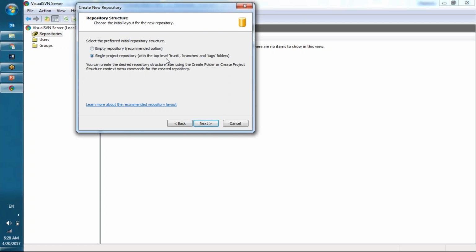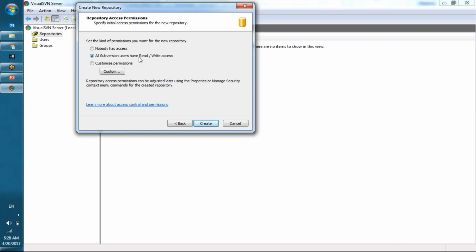Okay, so it has three things, as you see here: top level, trunk, branch, and tag. I'll explain what trunk, branch, and tag are in 5 minutes. Okay, for now we will create this single project repository. Next,